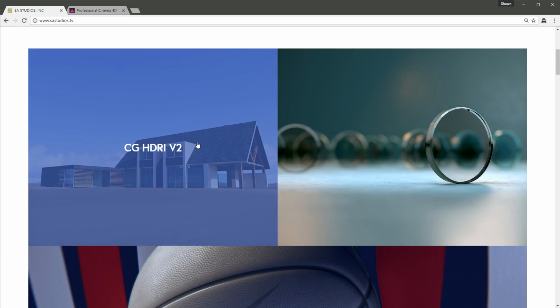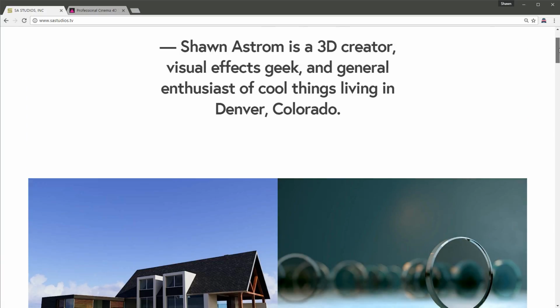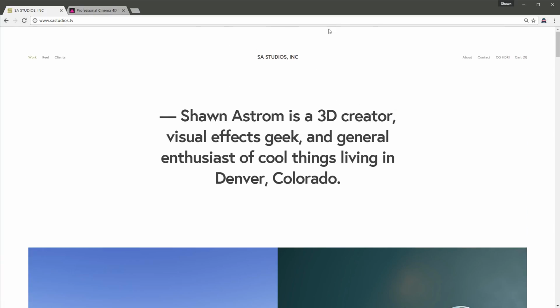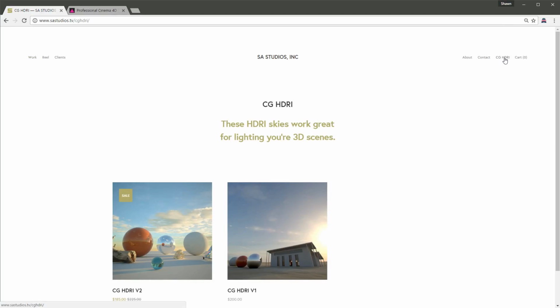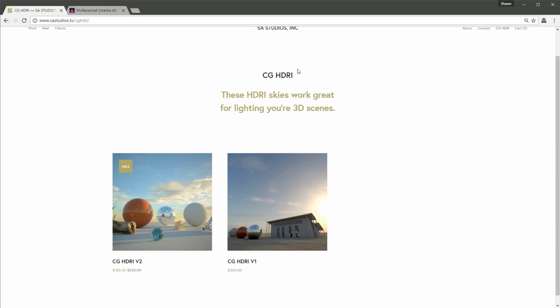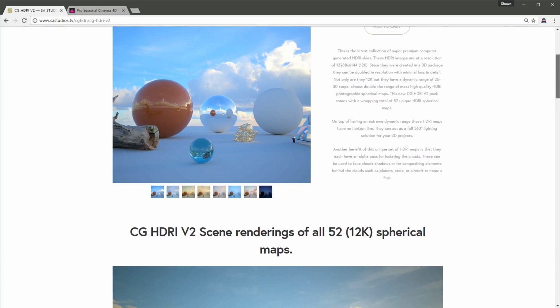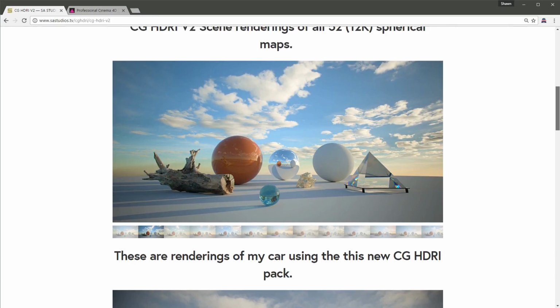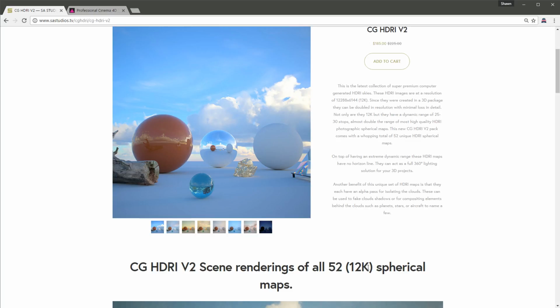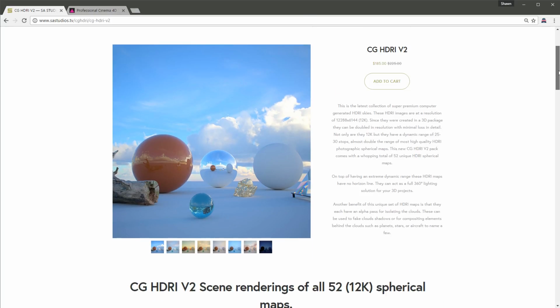We are super excited to be launching this new product, and that is these computer-generated HDRI files. This is the second pack we've done. If you head on over to sastudios.tv and go to the CG HDRI link in the right-hand corner, you'll be able to access the product page, select this, and learn all about these. Essentially, it's a pack of 52 12K spherical maps for illuminating your 3D